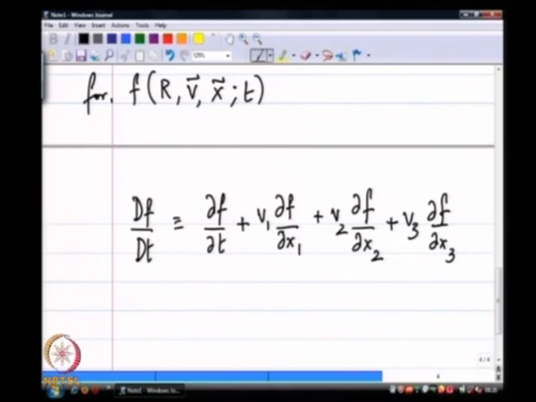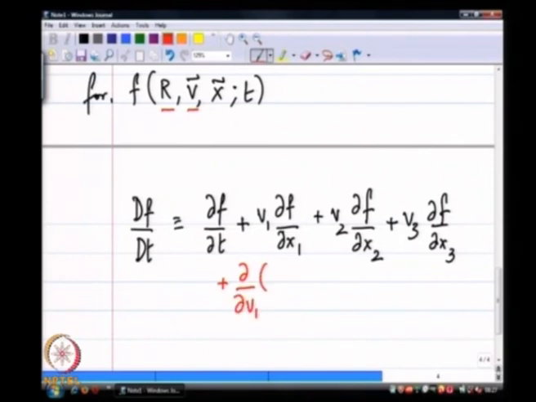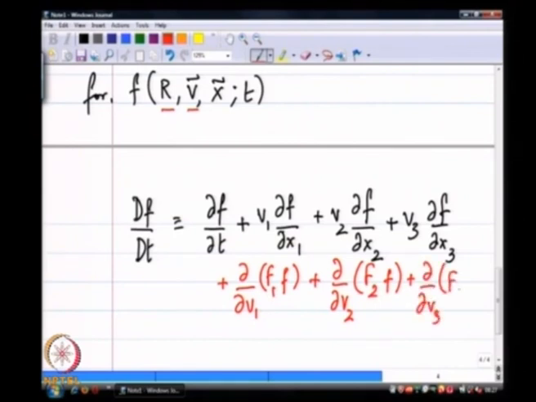But we now have additional coordinates in terms of v and r, which are now defined as our independent coordinates. So, how do we account for those? You require additional terms. What does this mean? If f1, f2, f3